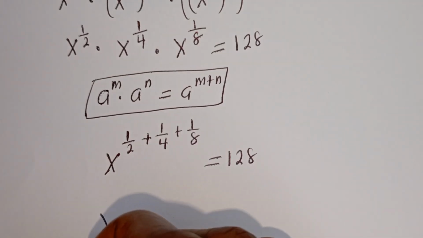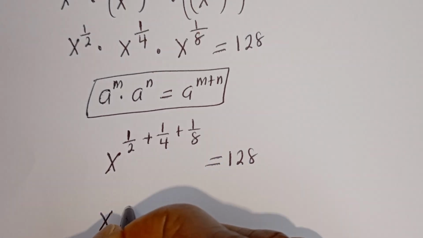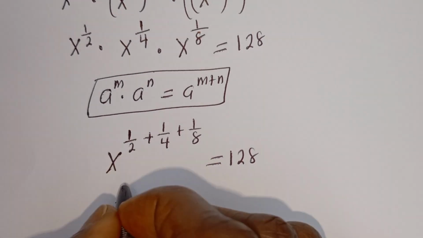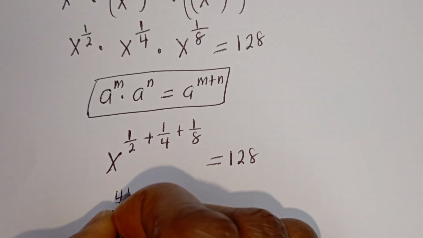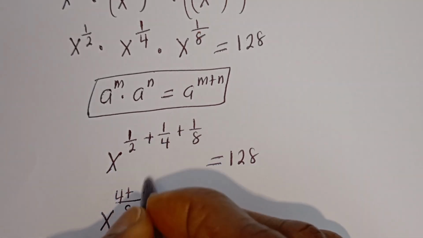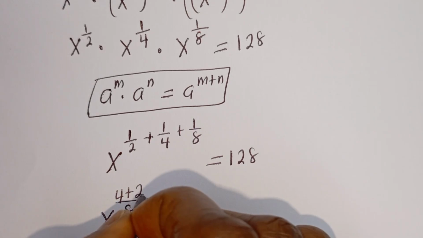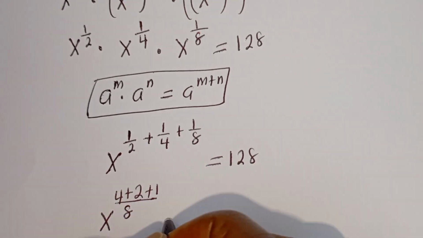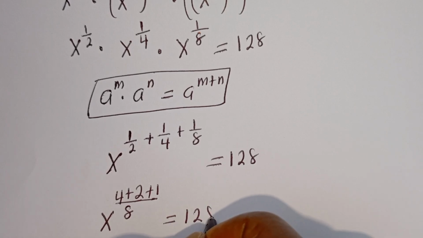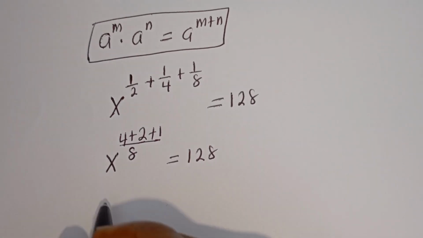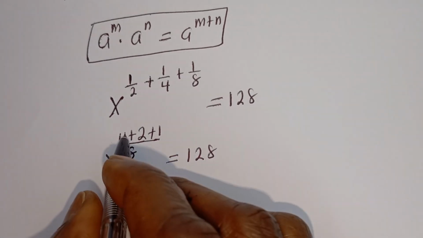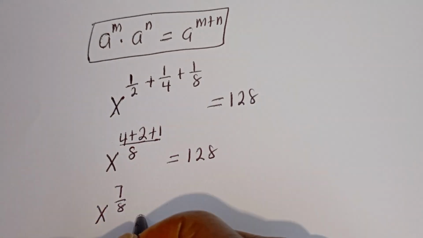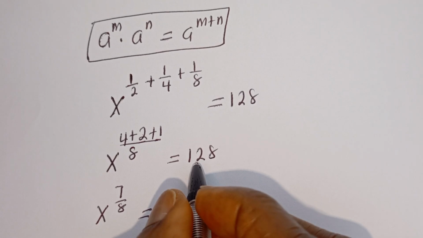Then the LCM here is 8: 2 in 8, 4 times 1, that is 4, plus 4 in 8, 2 times 1, that is 2, plus 8 in 8, 1 times 1, that is 1, is equal to 128. Here we have s to the power of 4 plus 2, 6 plus 1, 7, 7 over 8 is equal to 128,